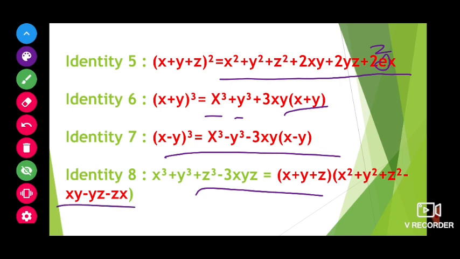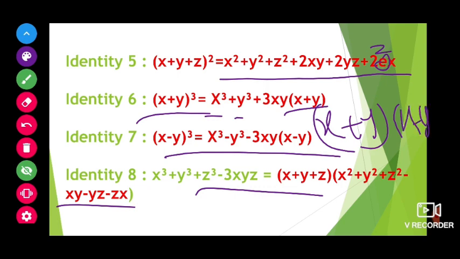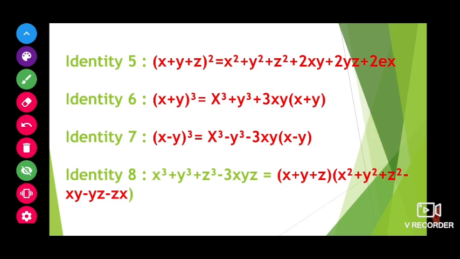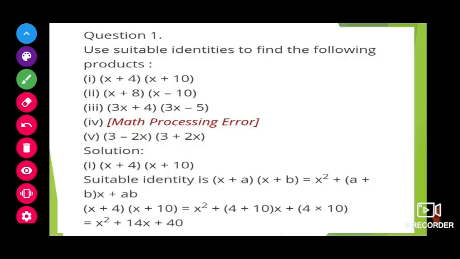If you want, please multiply both the sides and you will get the same answer. For example, x plus y whole cube means x plus y into x plus y into x plus y. We have to do it and see, and you will get the same answer on this side. Okay, and before getting into the chapter, children, after listening to this video, first write all the 8 identities 3 times. Then only get into the exercise. Okay, next we will see the exercise.